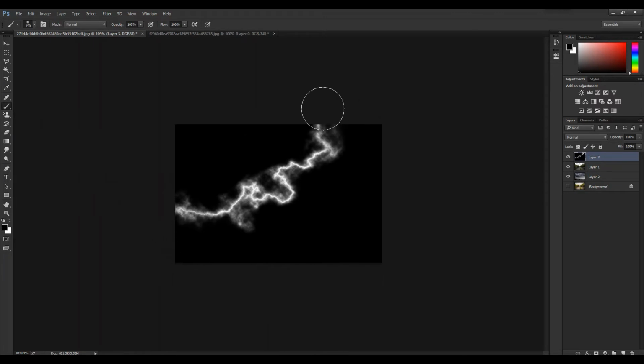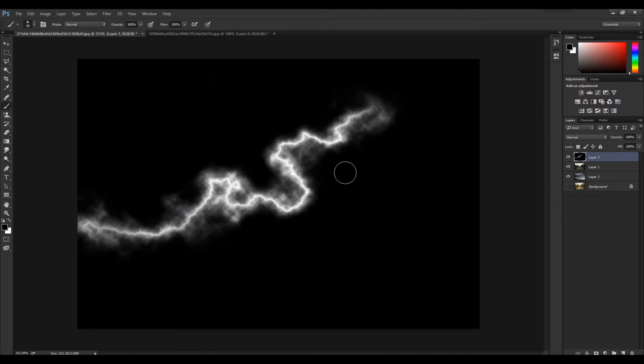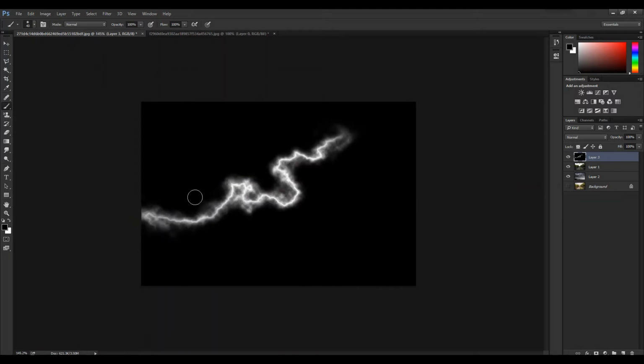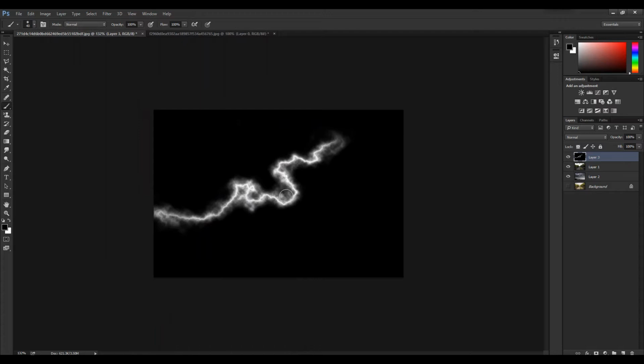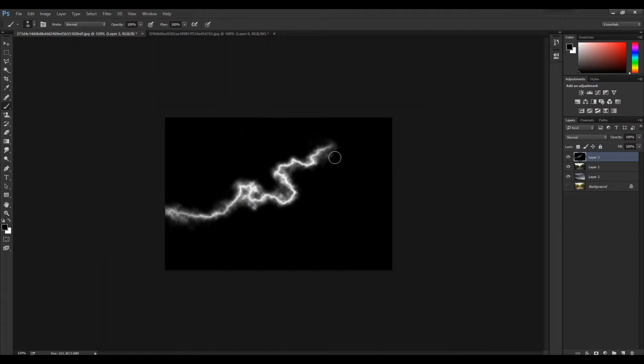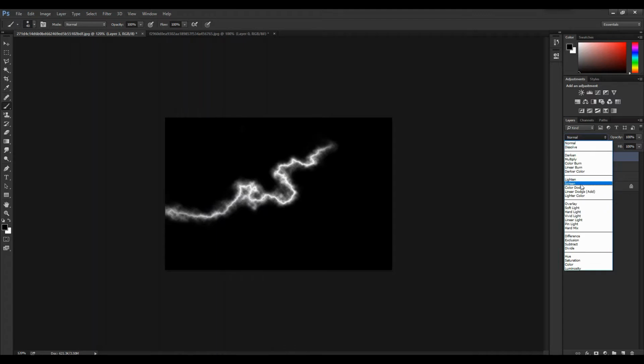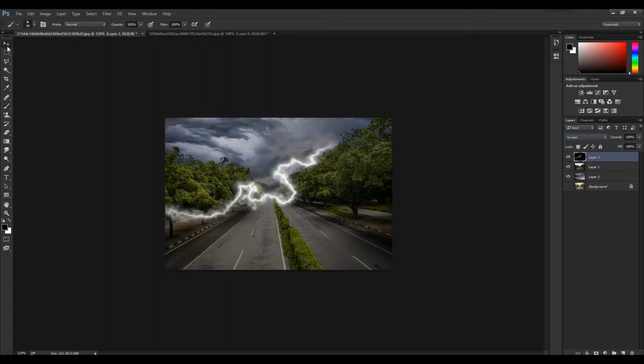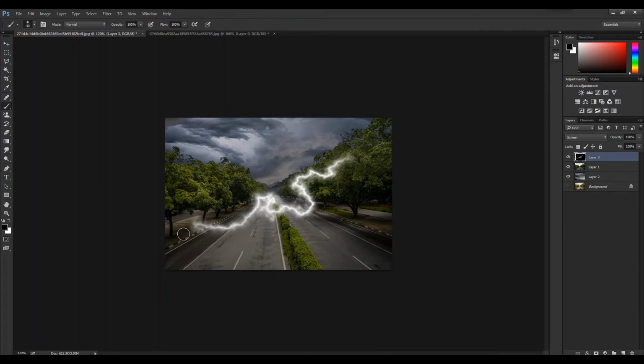Now after this you can select the part which you want to keep and erase the rest. Now after you're done with your selection, change the blend mode to screen and the rest you can adjust accordingly.